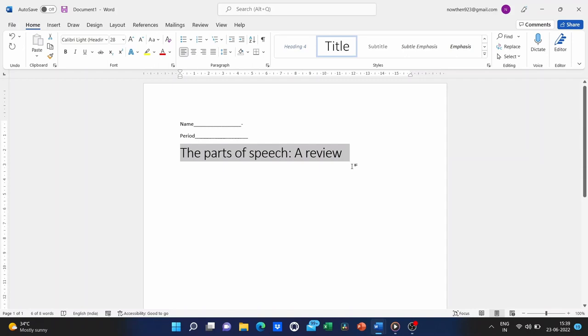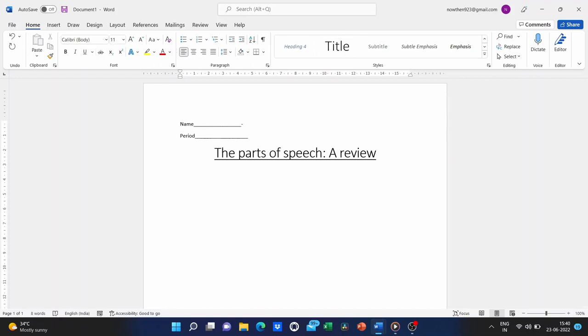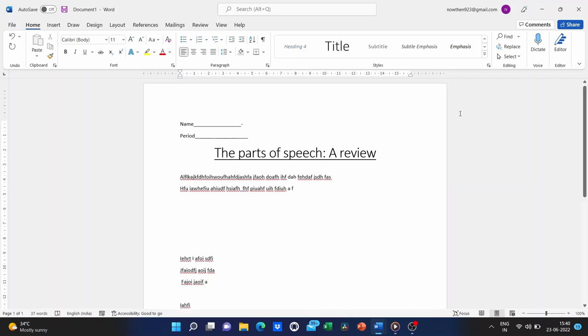Now regardless of which one you pick, you can still adjust it, like I would still like that to be centered. I still like it to be underlined, and I think that looks really nice. So now, I hit enter or return, and I can proceed to create this worksheet. I can type in instructions for my students, and Microsoft Word handles most of the work. I'm just typing, hitting enter, moving down.